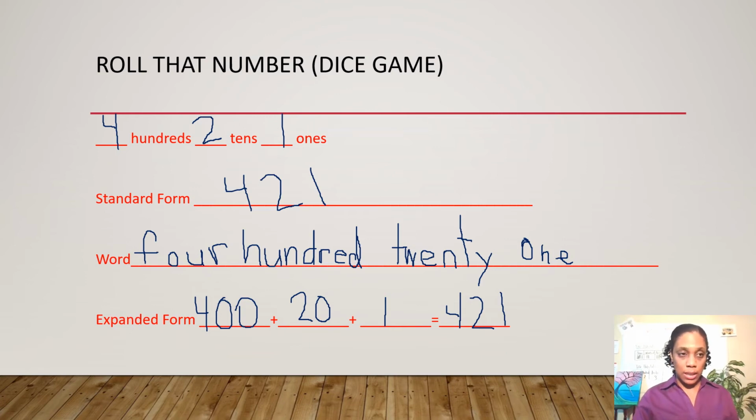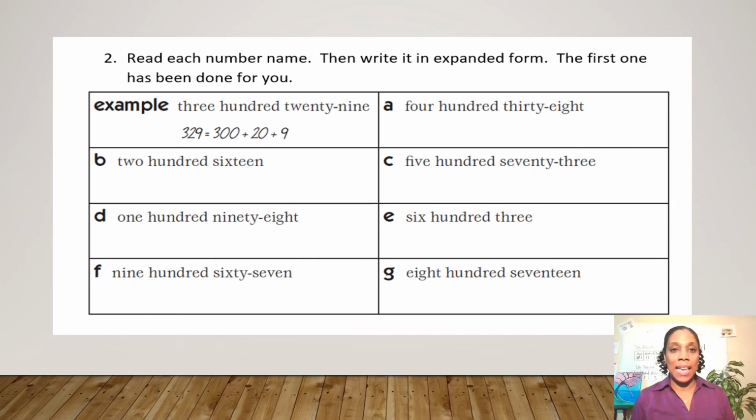Now, let's move on to the next slide. Okay, take out your DCPS learning packet and turn to page 6. At the top of page 6, you will see this problem. Read each number name, then write it in expanded form. The first one has been done for you. So we're going to do the next one, which is problem A, together. The problem says